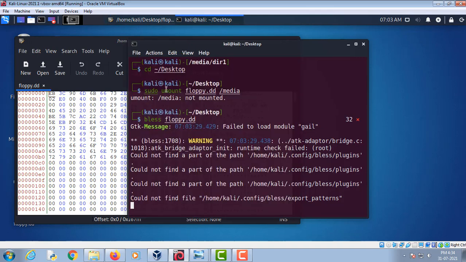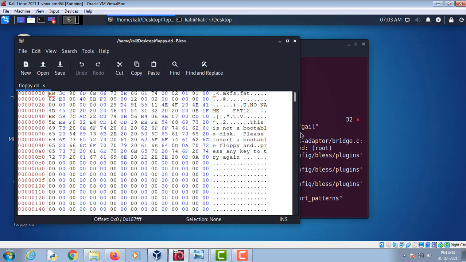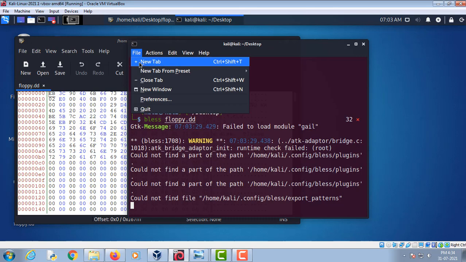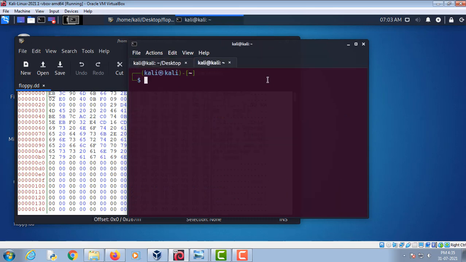Okay, now let's open a new tab and let's run the fsstat command against this floppy image.